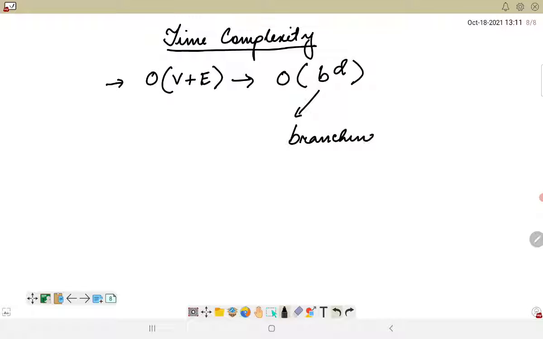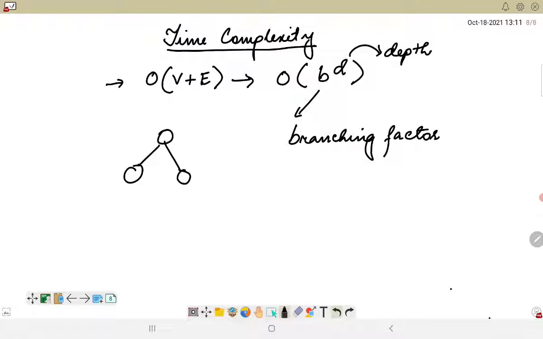Branching factor is basically the number of children a particular node can have, and d is the depth. So if it has something like this, the branching factor here is 2 and the depth here is 1. So 2 to the power 1 is equal to 2. This many searches would be required in order to find the goal, or the possible node that is needed.